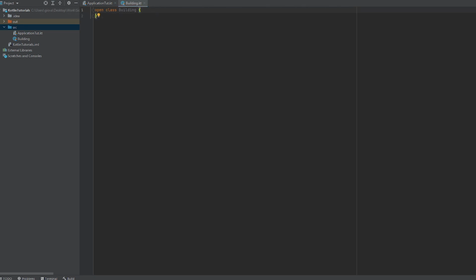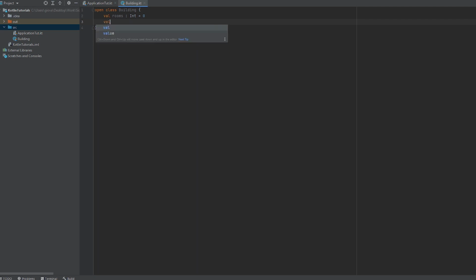Alright, so now that we have an open building class, let's start defining some properties that we would want our class or subclasses to retrieve when we build that relationship with the parent class. So we have building as a template, but what does every building have or should have? It should have at least one room. So we can have a property called rooms, and I'm gonna make that a val, and I'm gonna make that an Int, and then I'll have a default value of 0,